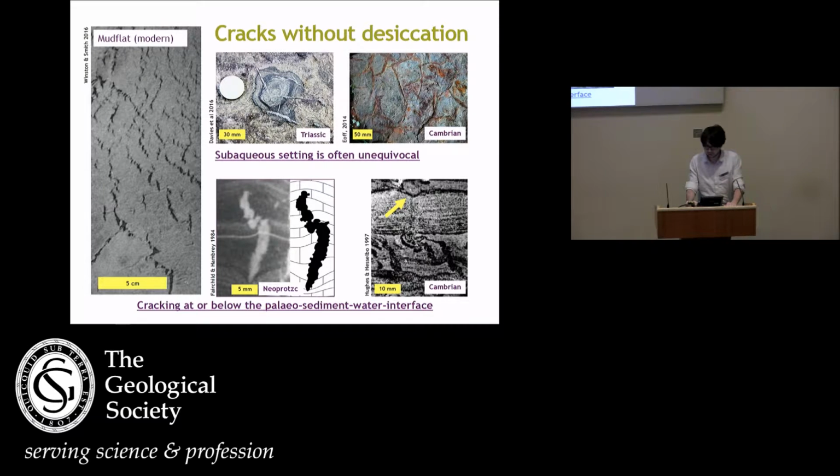And there's also pretty clear evidence that cracks can open not just at, but below the sediment-water interface. So that, for example, instead of tapering downwards in the way that desiccation cracks do, they might taper at top and bottom and form this kind of spindle shape that you're seeing in the bottom left in the Neoproterozoic of Spitsbergen. And in this one unusual case that I know of, a crack has opened up in a mud layer below and after the deposition of this overlying sand, so that the sand has subsided into it. So clearly this crack here formed below the sediment-water interface.